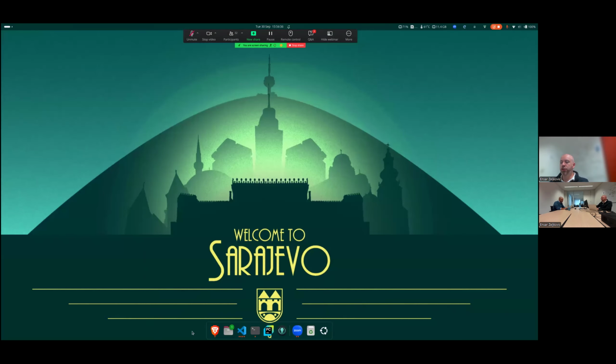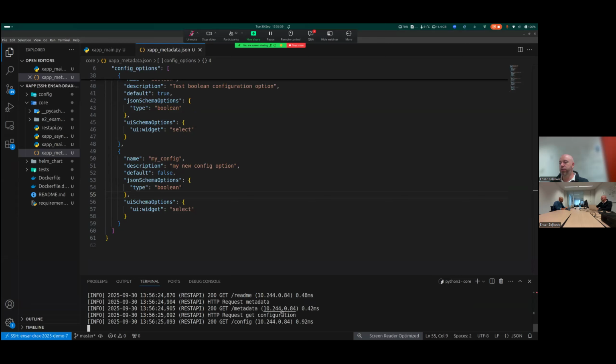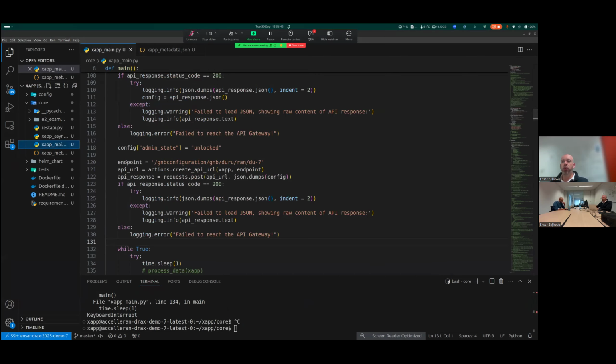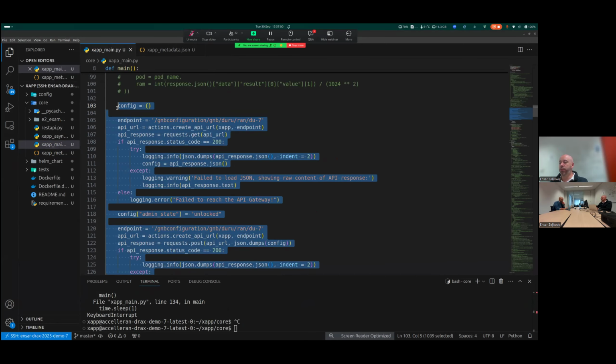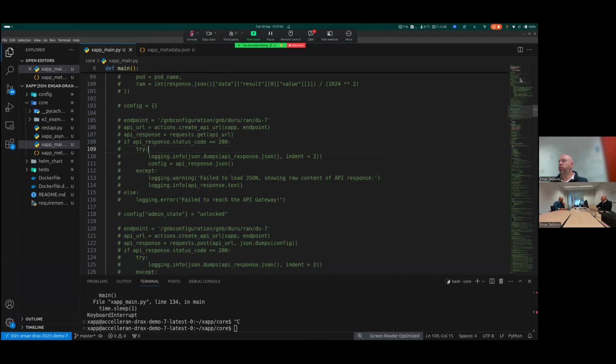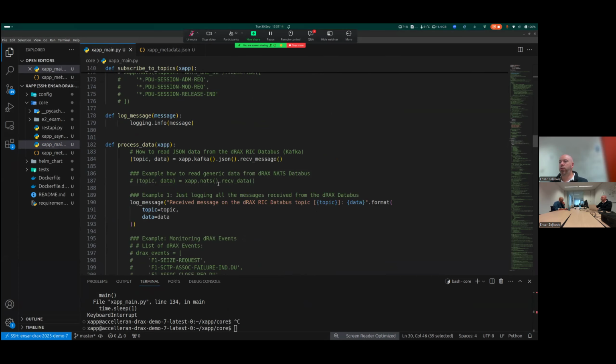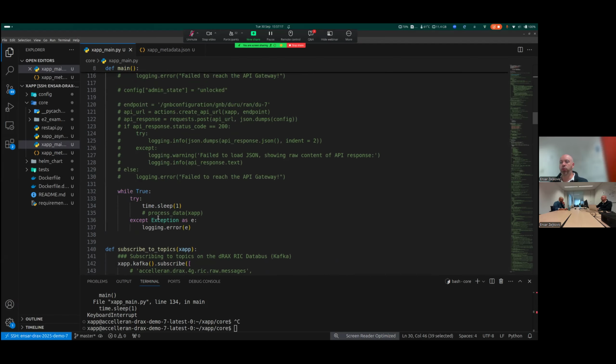Let me do one more thing just to illustrate that it's a runtime configuration option. If I kill this, the question is, how do I access this value, my config, from my main Python code? The SDK takes care of integrating all of that, and you have an SDK abstraction to access all the different configuration options. So how do we do that? Let me comment this out because we don't need it, and scroll a little bit to the top. One of the commented out lines shows how to access configuration options. We are looking for this first one. Let me copy it, and go down here to our loop.